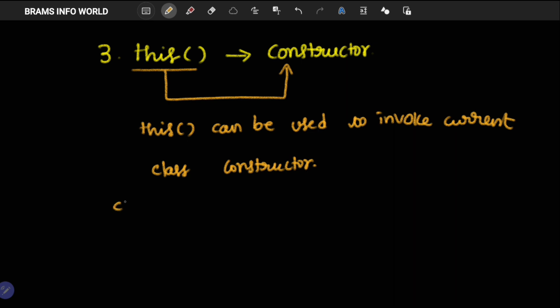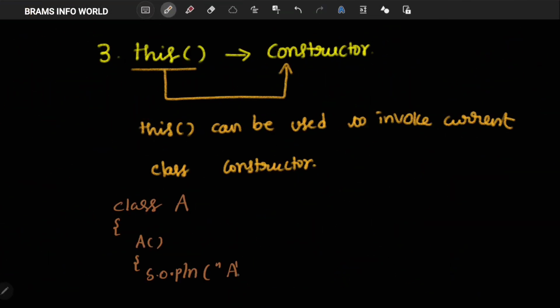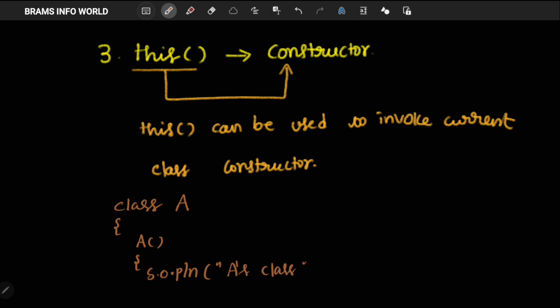See, there is a class, and the class name is A, and the constructor is A, and I want to define System.out.println in double quotations, I'm writing "A's class".